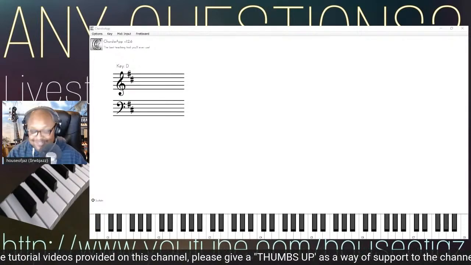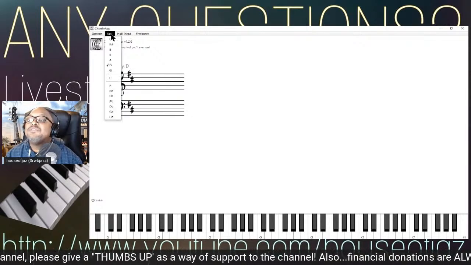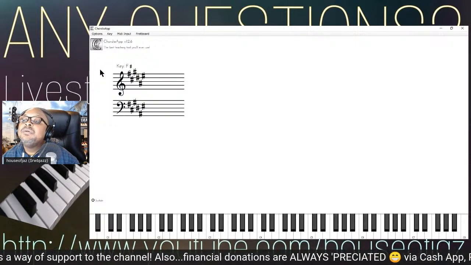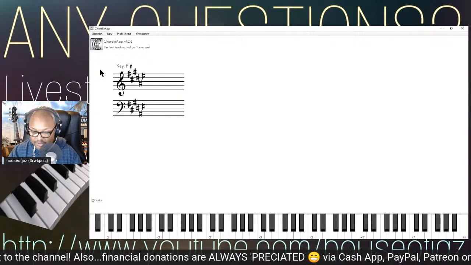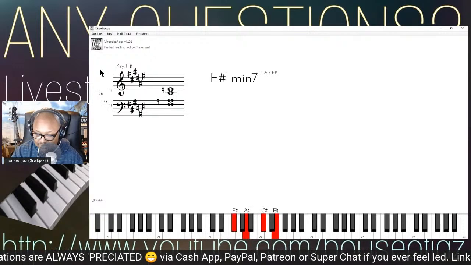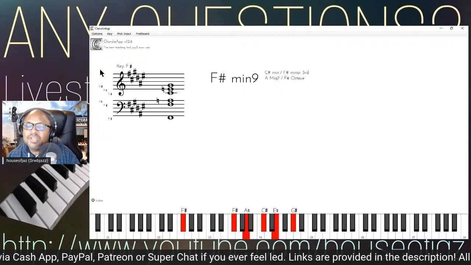Okay, well, let's take a look at the F sharp. Let me go to the F sharp key signature first. And the F sharp is nothing but, okay, we're not going to break down the scale. I'll just show it to you. So that's your F sharp. Now, what did you ask? You said,